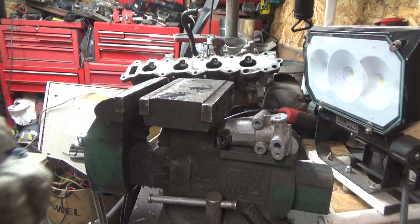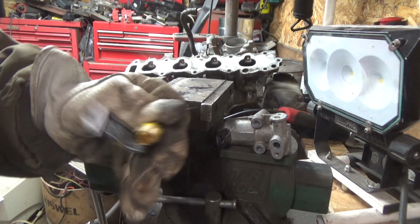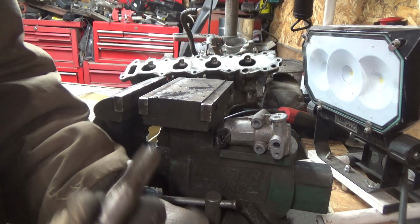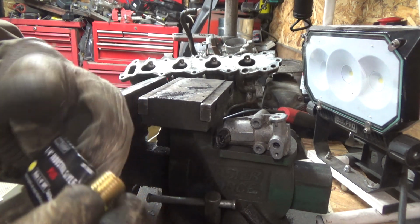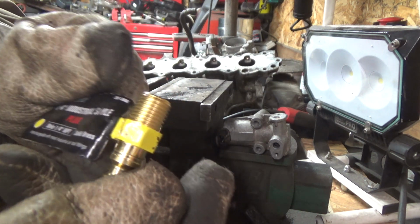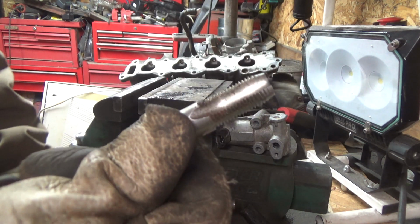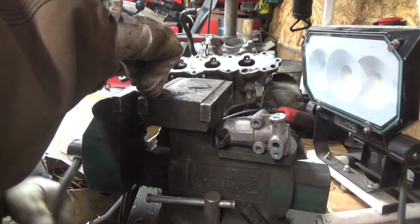Hello guys, before we get going, I need to make a tool. You need to have some type of a fitting, a 1/4 inch NPT fitting like that. We'll need a no spark plug and a 1/4 inch tap. Okay, what we want to do,